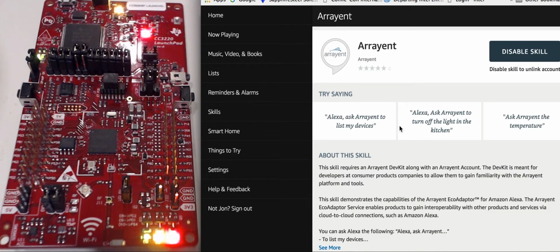So there's a little bit of information, but they give you some examples of what you can say to Alexa. I have the microphone off because if I said Alexa, she would wake up. And then once this is set up, you can ask it information. So if I turn it on,